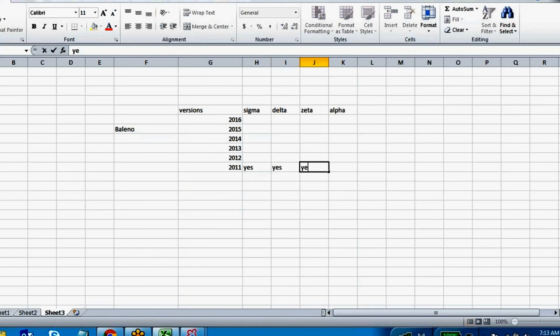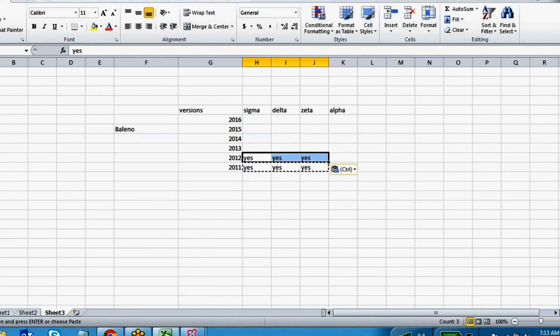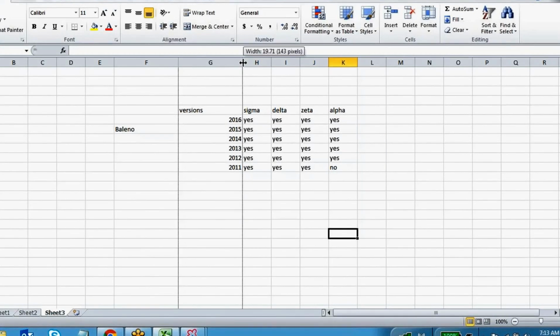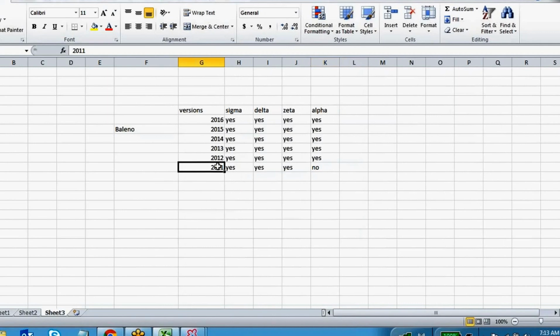After that, they have all of them. So what is the difference between the 2011 model and the 2012, 13, 14, 15, 16 models? These we call versions, and the Sigma, Delta, Zeta, Alpha we call editions.